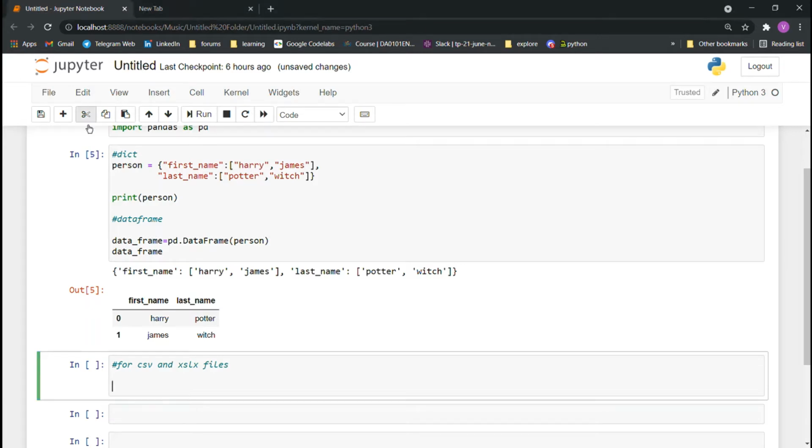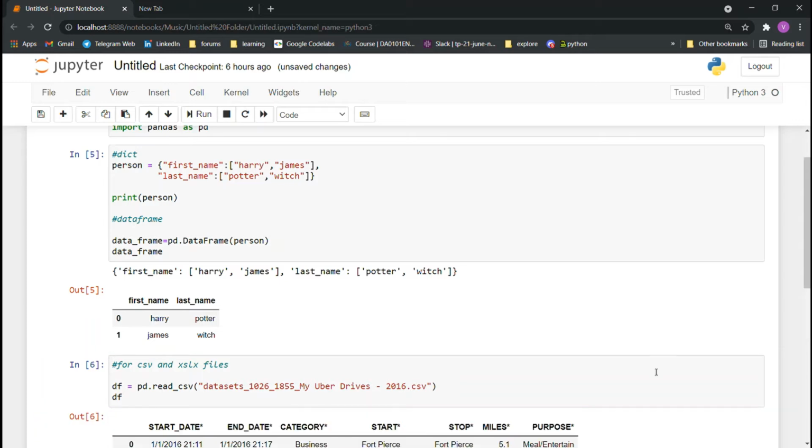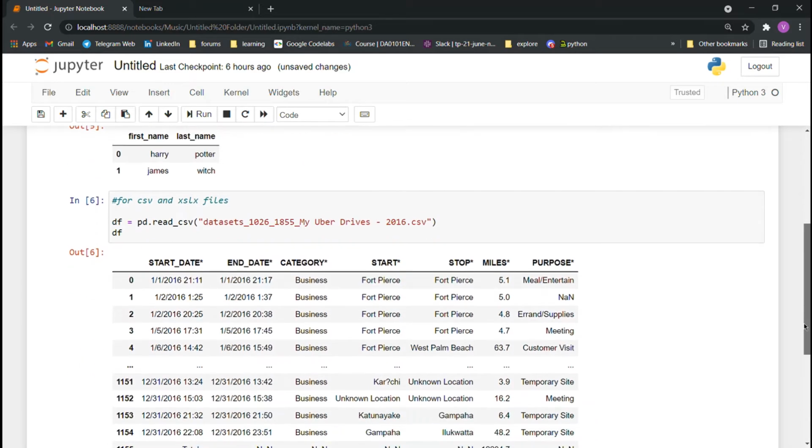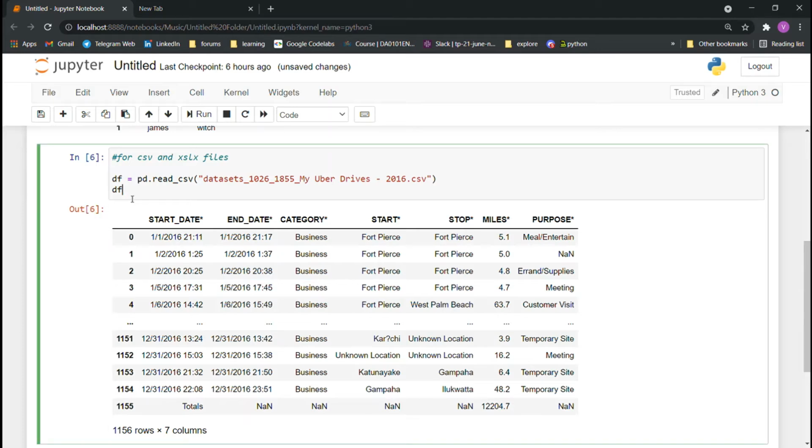Check that out. And let's import, df = pd.read_csv. For Excel you pass xlsx. Just pass the name of the file. In this dataset we have start date, end date, category, and so on.